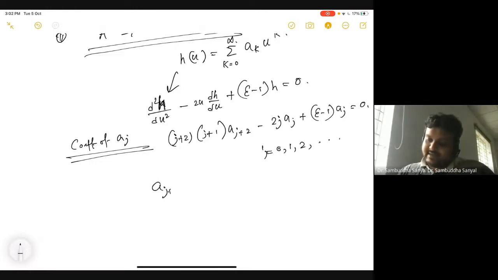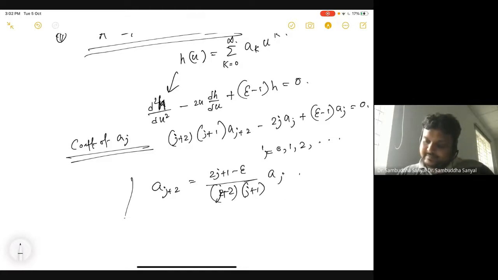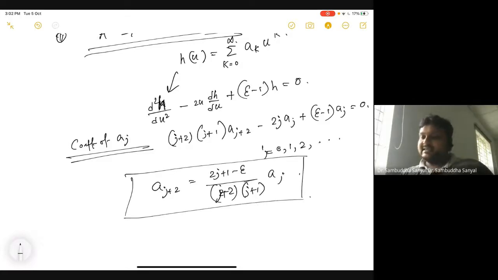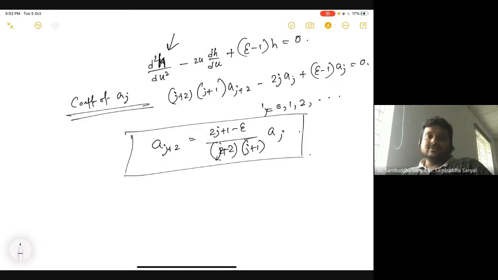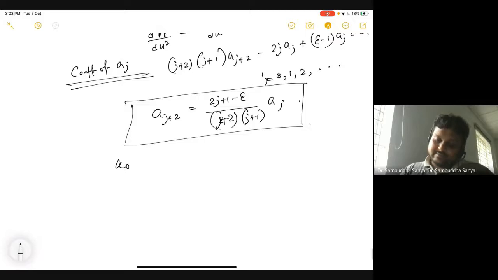So that tells me a_(j+2) equals (2j plus 1 minus epsilon) a_j divided by (j plus 2)(j plus 1). So this is the relation I get between j and j plus 2. And you notice that relation is always between powers one step apart in the series, which means if you start with a0,